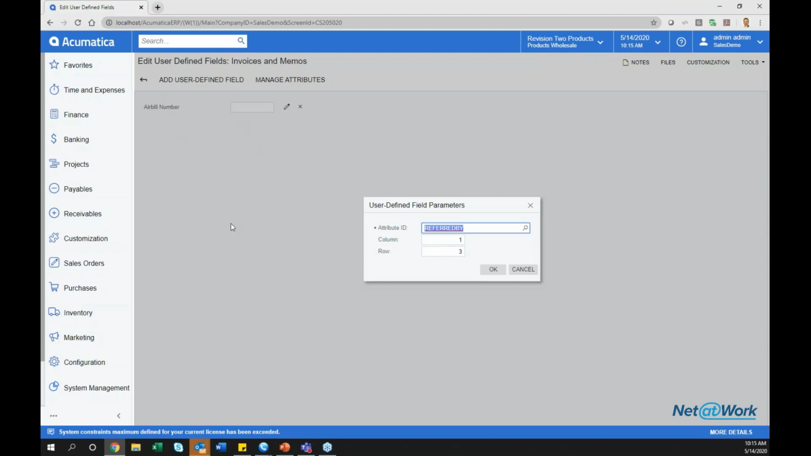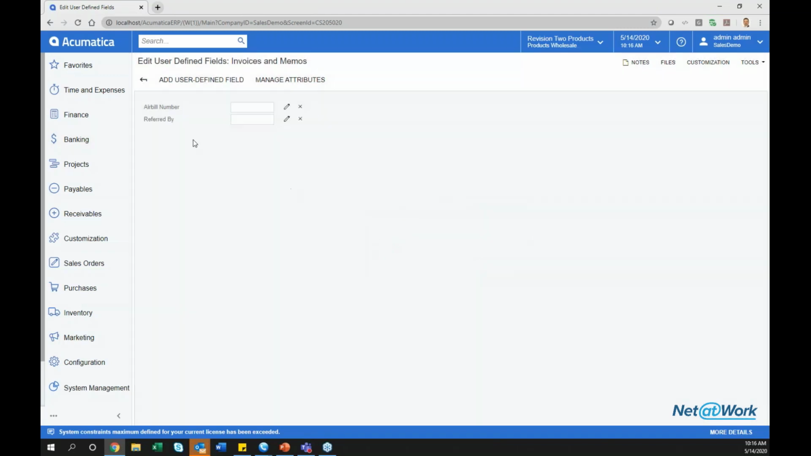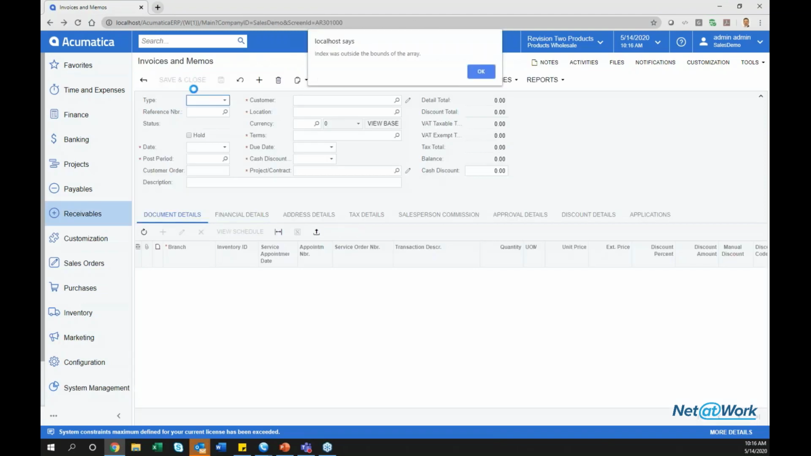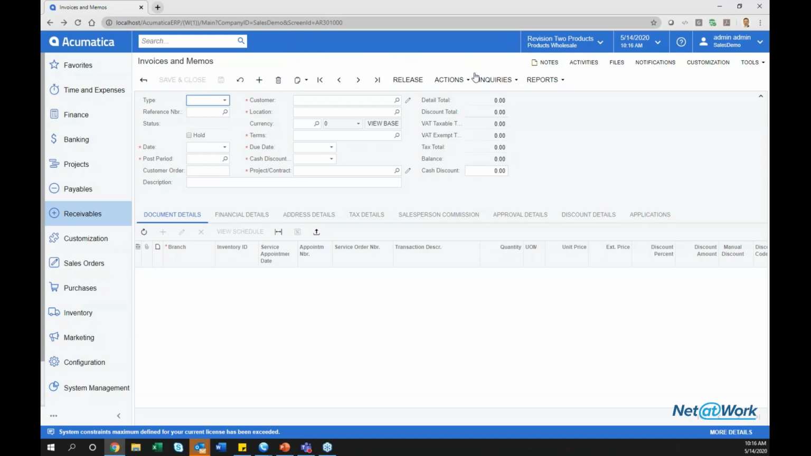So my column, I'm going to keep this in column 1, and in row, this was row 3. I think I added something else in there. So I'm just going to click OK at this point. It automatically shrunk it together. So now if I hit the back button, even though it said, hey,